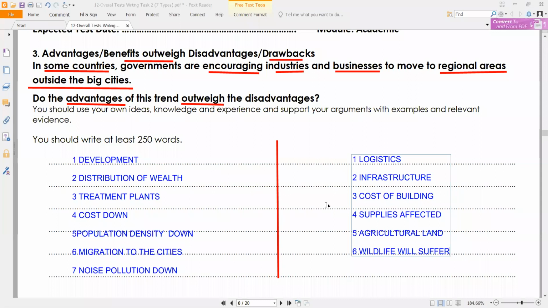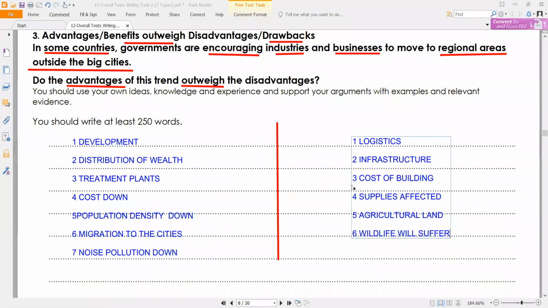So we will keep these things that we have as the base for our writing. So now we have advantages and disadvantages. These both will help us in our body paragraphs. So first thing that we need to write after that is the introduction. Now, when we start writing the introduction, let me increase the size of it a little bit, if it is possible. Is it? Okay, no, that's fine. So the first thing is introduction.